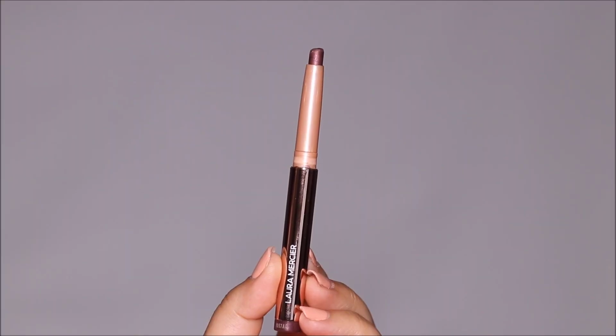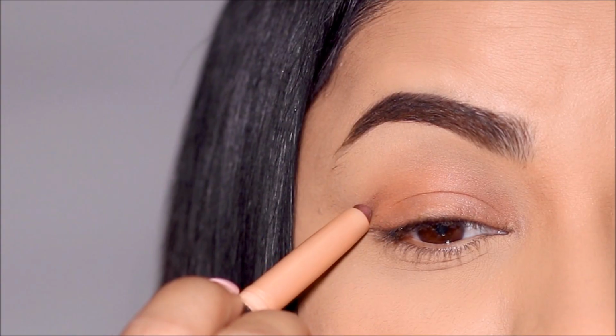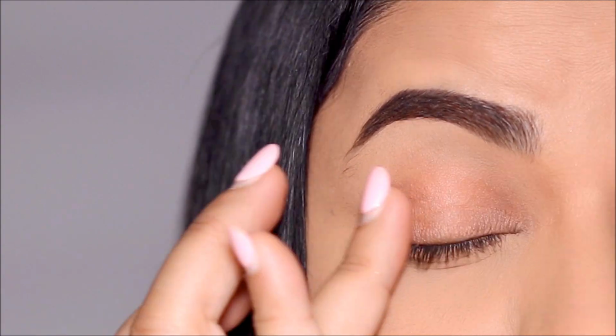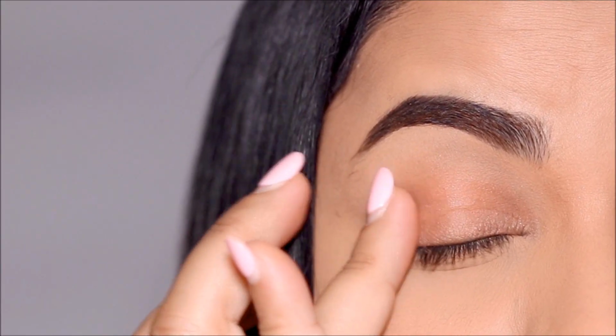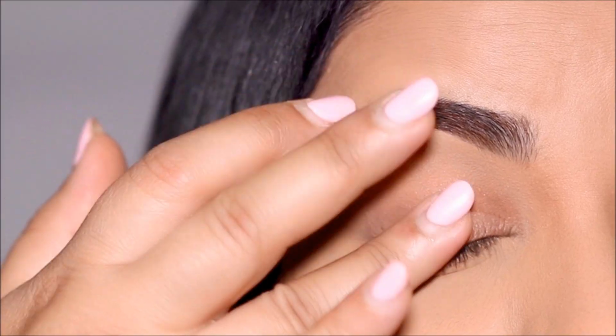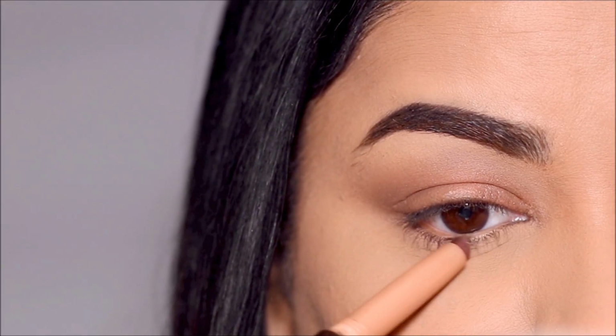Next, you'll need a deeper shade to add some definition and contouring. I'm going to be using the shade Rose Thorn. I'm carving out my outer corner with it, and I'm going to buff it out with my finger to add definition. You can also bring it all the way to the crease towards the inner corner to make your lid space appear bigger. I'm also going to be using it in my lower lash line, and again, I'm going to smudge it out